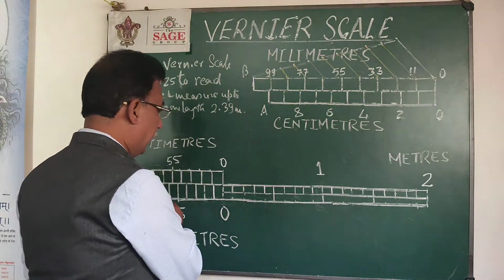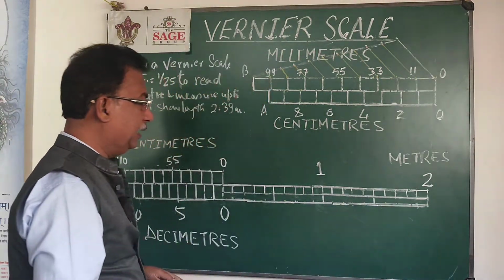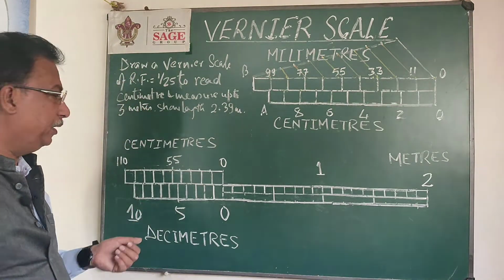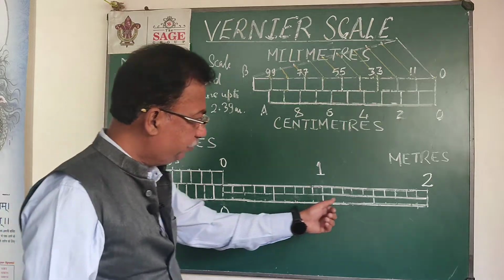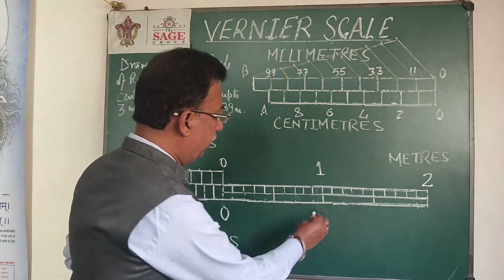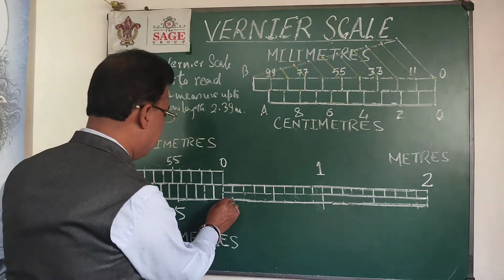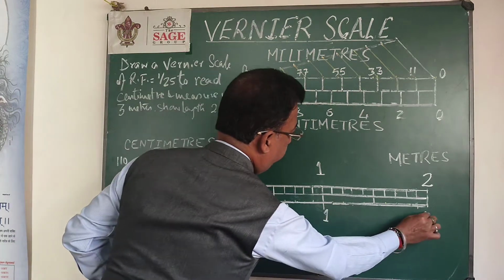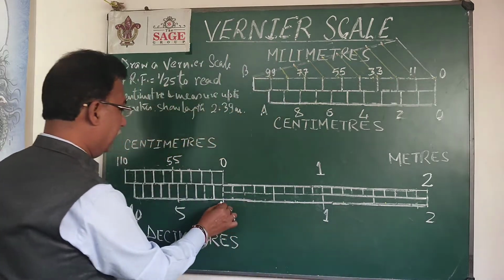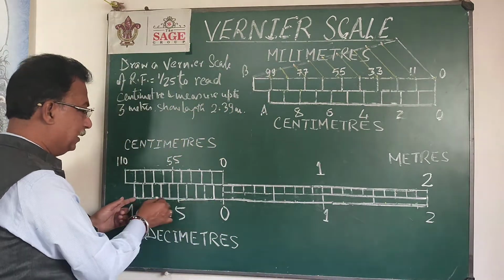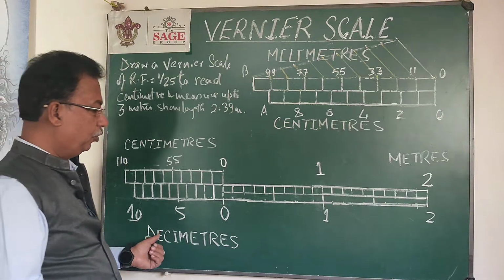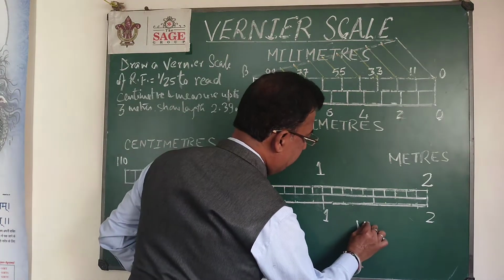So what I will do, I have drawn a line of 12 centimeter length, and as you know, this length will be equal to 3 meters. So I have divided this primary scale into 3 parts. This is 1 and 2 meter on the right side. And again, in the first part, like a plain scale, we have divided the first part into 10 parts, so we will get decimeters.